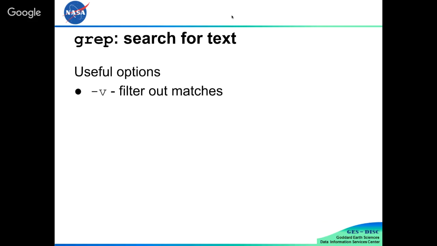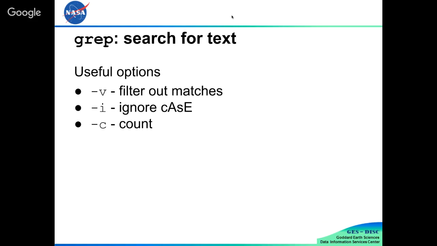So, useful options: -v. Sometimes you want to filter out certain things. So -v is, rather than pulling out everything that matches, pull out everything that doesn't match. -i says ignore case, which can also be useful. -c changes the behavior, so it tells you how many lines it found that matched your criterion.